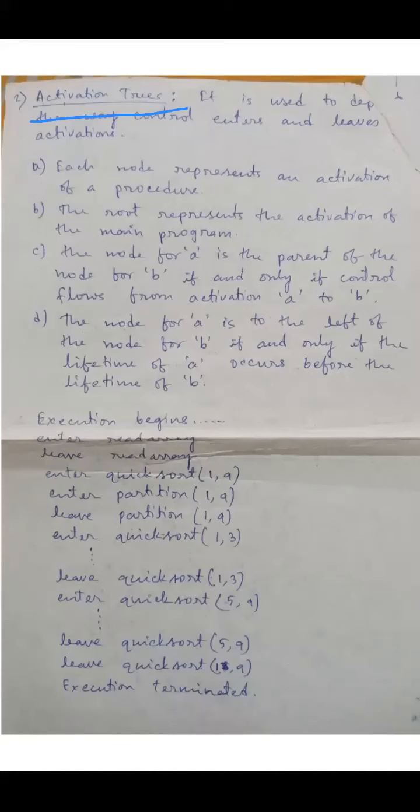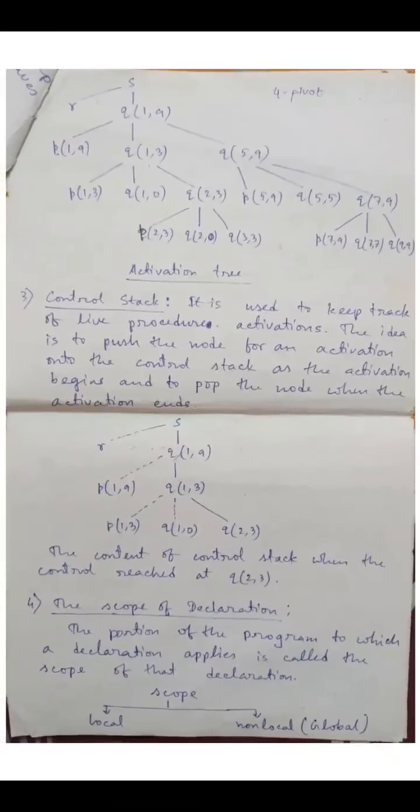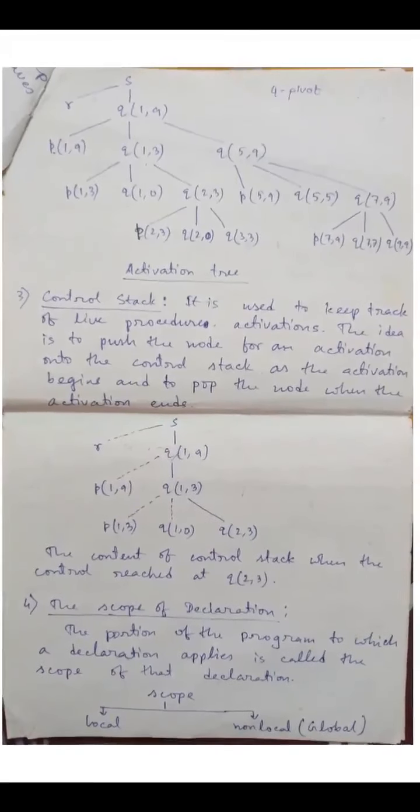The activation tree is basically a tree-like structure that shows how different functions in a given source program are being executed. What is their sequence of execution? We will further demonstrate this with an example. Our example is a quick short function. We all know what a quick-sort function is. So look at the function.